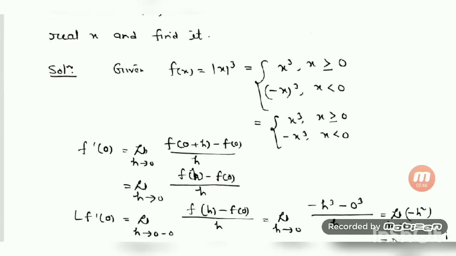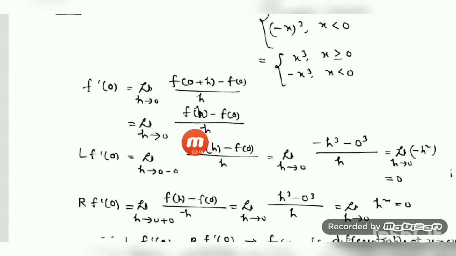Now you see we cannot substitute here the value of f(h). The f(0) value can be substituted, but the f(h) value we cannot, as h tends to 0. From here it is not clear whether h is greater than 0 or less than 0. That's why it is difficult for us to decide which definition of f(x) we are going to use. So what I'll do is separate it into the left hand and the right hand derivative. If I write the left hand derivative, left hand side of 0 means 0 minus 0 form. So 0 minus 0 means h will be less than 0.